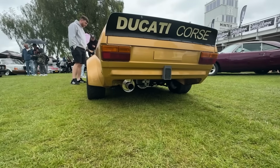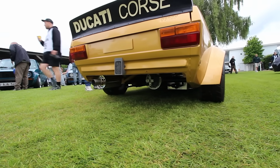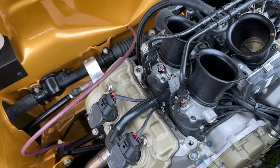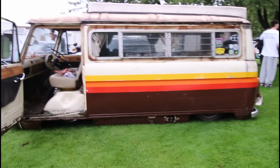It's got a prop shaft down the middle, big fat Atlas hanging out the back. Wide Weller steels and big arches. Loads of Berg Cup inspiration. I believe he's literally just got this up and running and managed to get it to Players, so again, fair play. Next vehicle that caught my eye